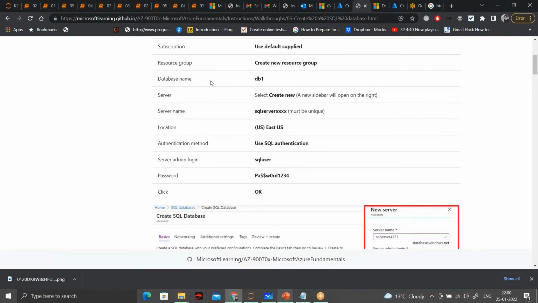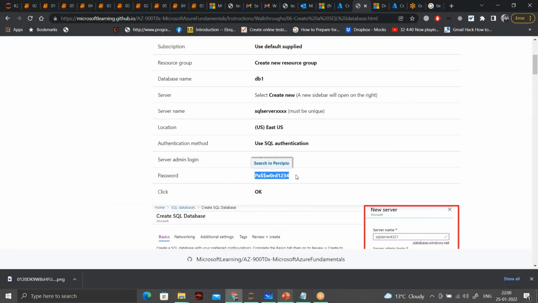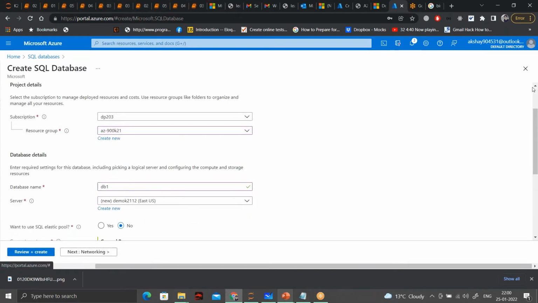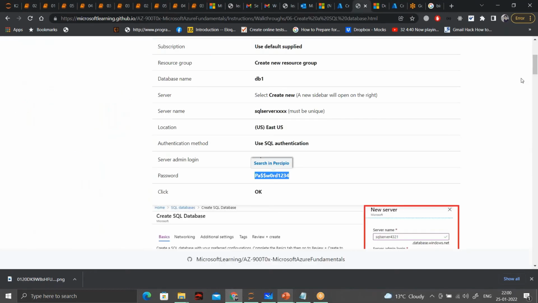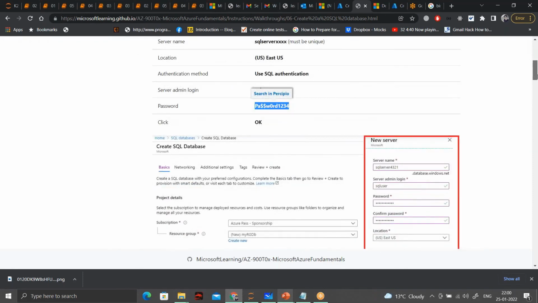For the server, we can use this username and password. So what I've done is I've created a new server. Once we are done, we can keep other options as default.